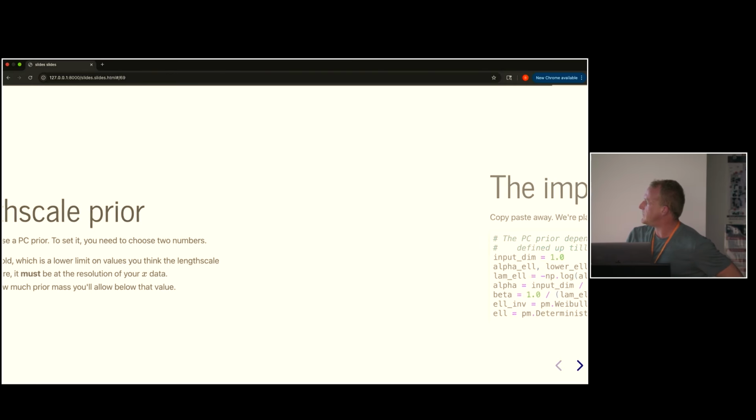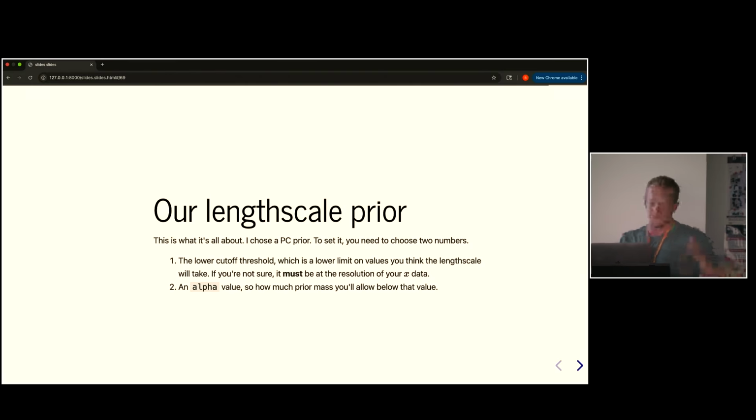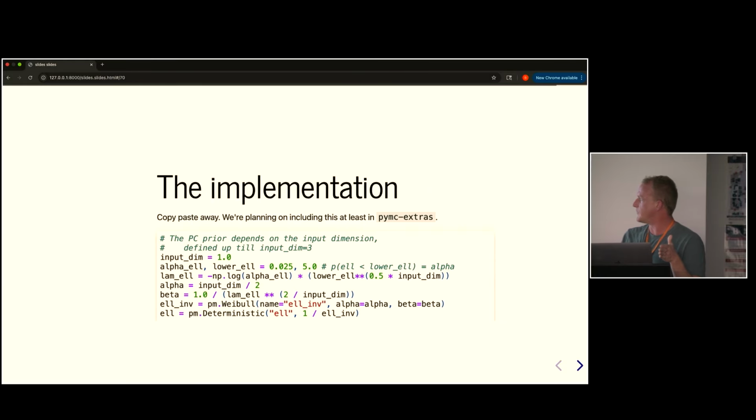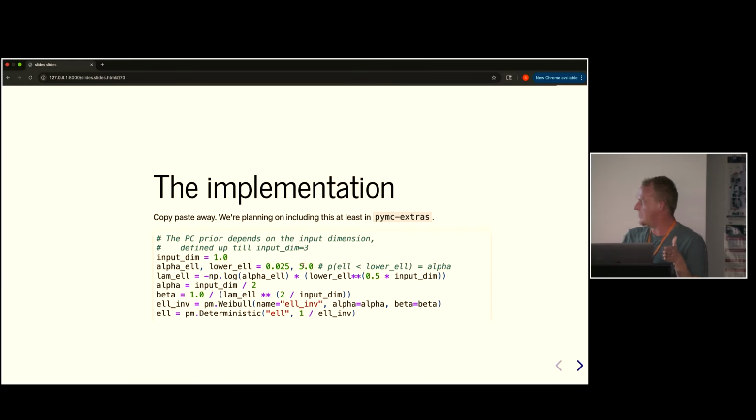So the two parameters you have to set then are the lower threshold, the lower cutoff, so the resolution of your data. For this, I picked 5 years, and then the probability that it could be lower than that, so 2.5%. I'm sort of forcing there to be a slower curve over age because I don't think it's going to do this, right? You could think there's going to be an age peak and then a decline. So you have to include as much